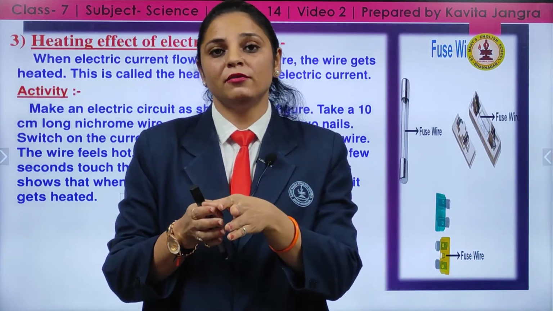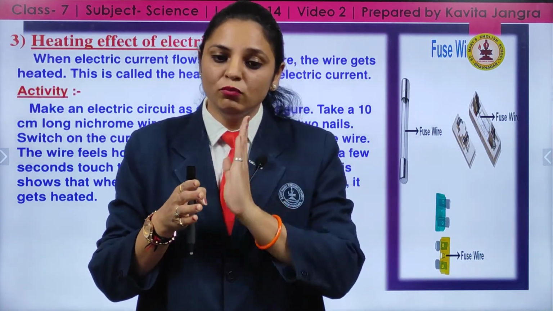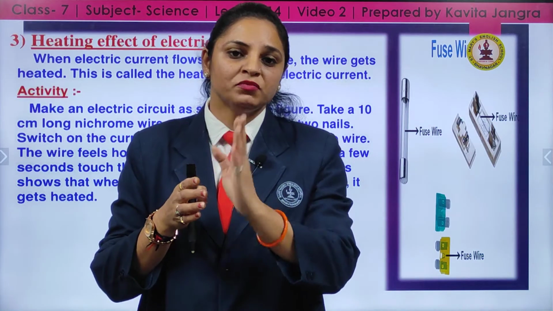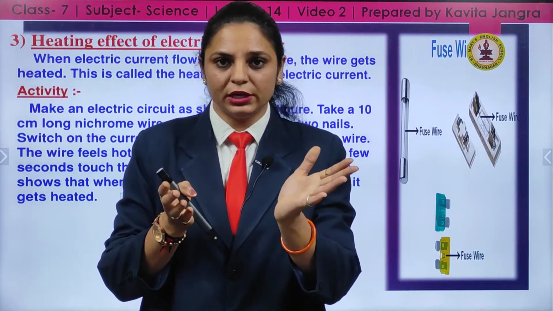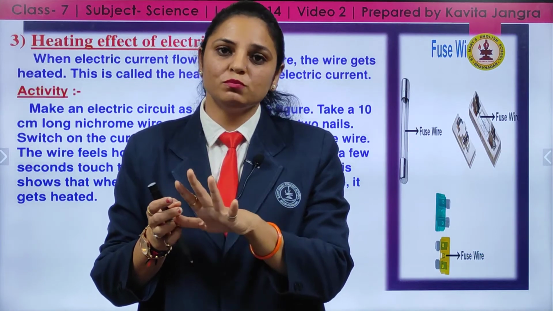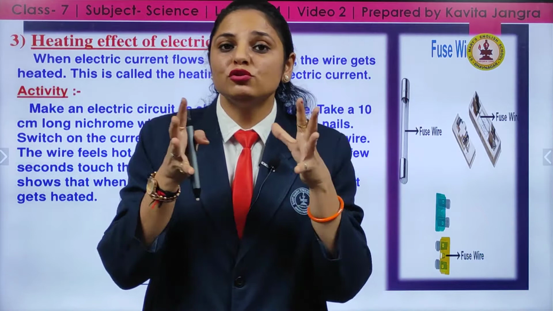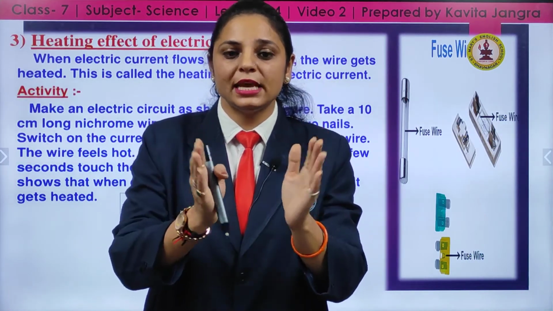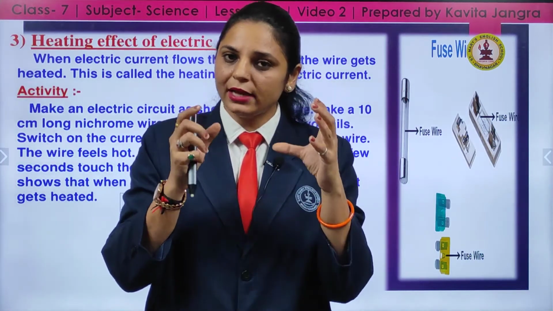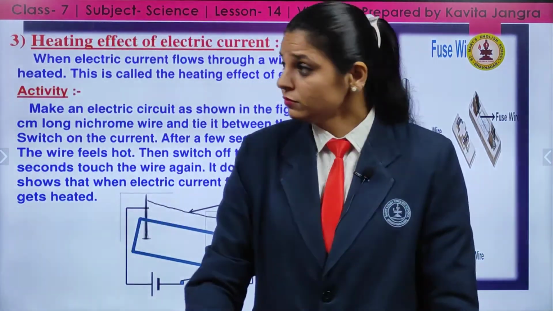The same way here we can imagine with that contrast, like the electric current moving through a single wire is there in both the cases, but the wire is very thin and long. So the opposition is more in the case of a long and thin wire. But the opposition to the flow of current is less in case of a thick wire and a short wire. So here you can see it clearly.